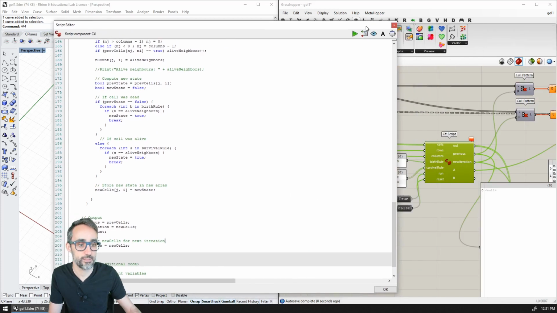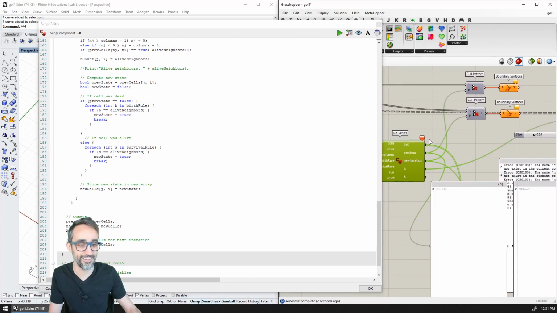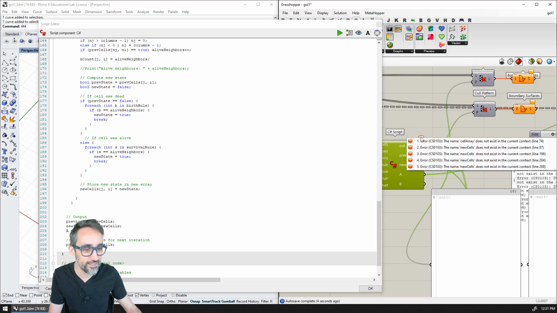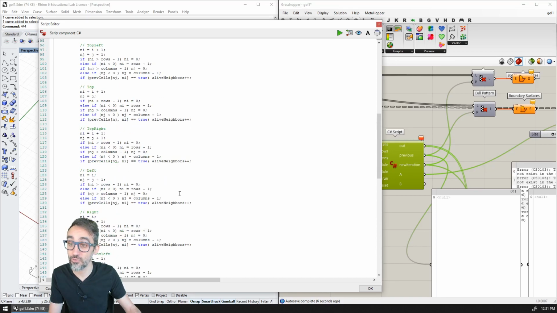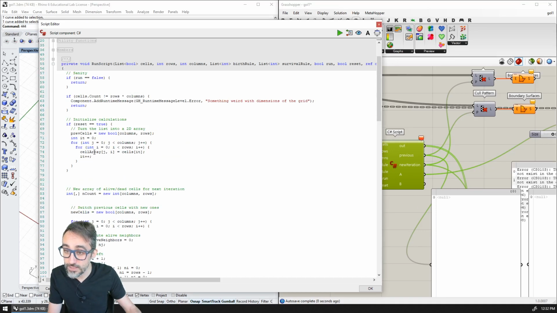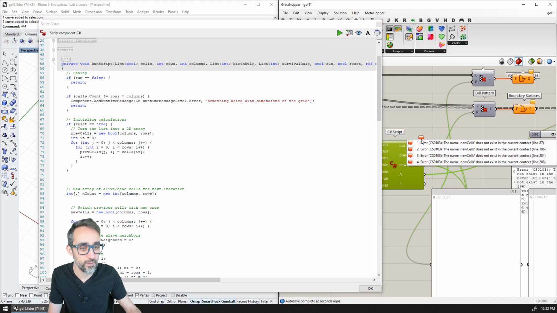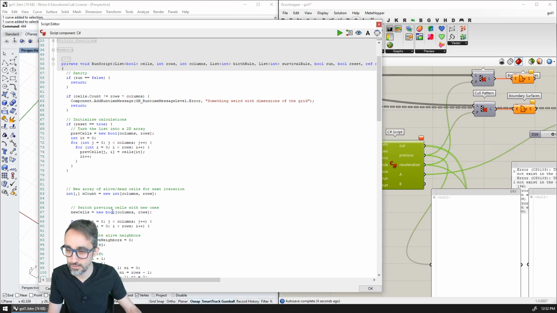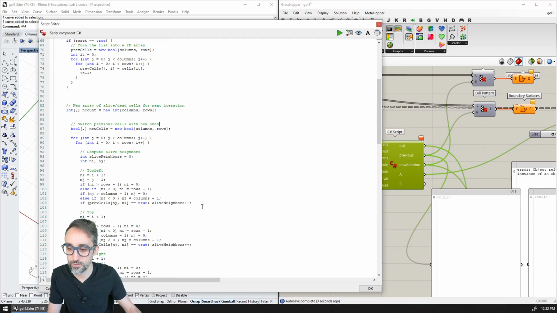All right, let's see what mess I have done. The name cell array does not exist. So line 74. Where is this 74? It's previous cells. You see, copy pasting. Then the name new cells does not exist. Line 87. Well, because I have not declared this. You're right. So this should be a Boolean like this. Okay. And then 103